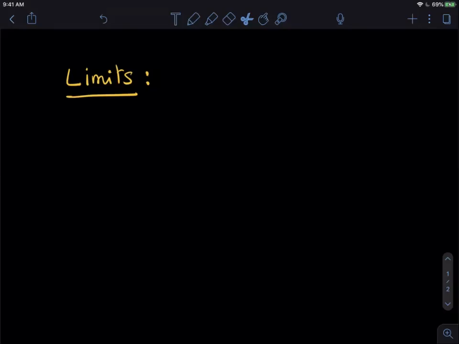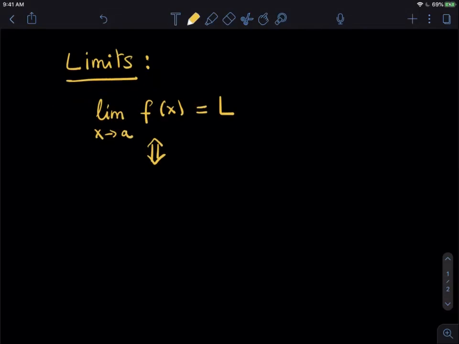Let us discuss in this video the notion of limit. What is a limit? A limit of a function, and we will write it: the limit of the function f of x as x approaches a is equal to the number L, capital L, if and only if, or the idea behind this is going to be that the values of f of x get arbitrarily close